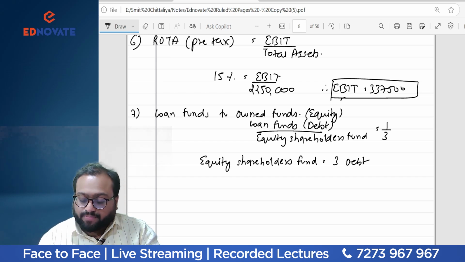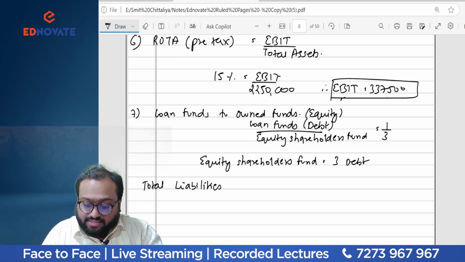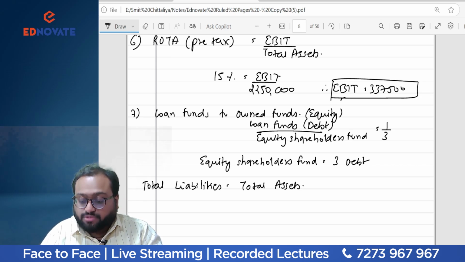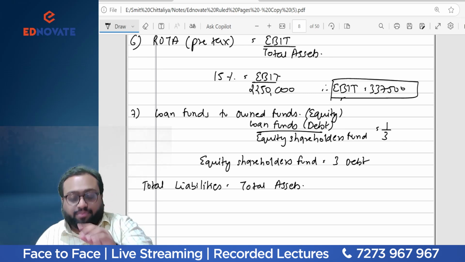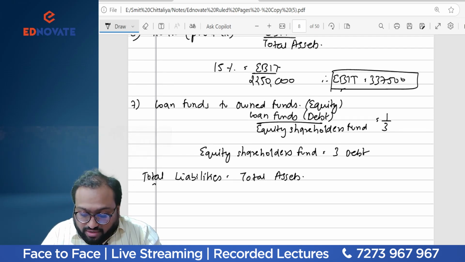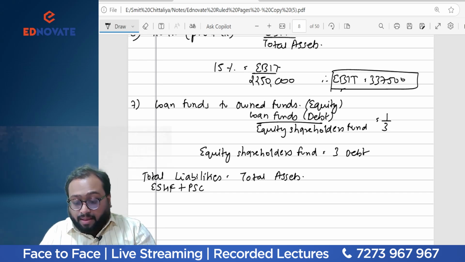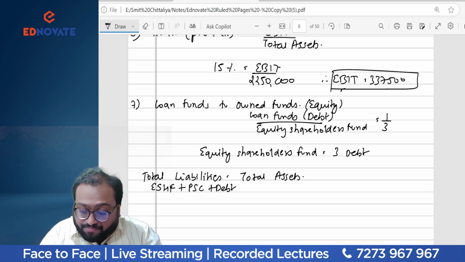is equal to 3 debt. Just simply cross multiply. Now I can use one equation: total liabilities is equal to total assets. Since I have total assets, my total assets are 22,50,000. I can find out this with the help of the equation. But what will come in total liabilities? In total liabilities, we'll be having equity shareholders fund plus preference share capital, plus debt capital, plus the